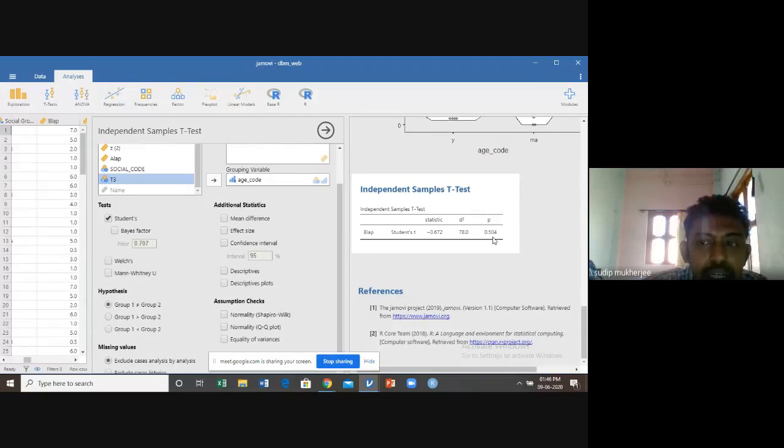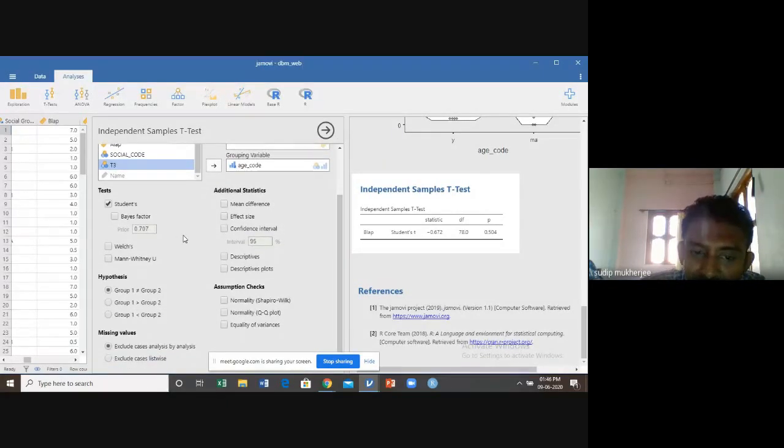If the p-value is greater than 0.05, we accept the null hypothesis, meaning the groups are equal. In an independent t-test, the null hypothesis is group 1 equals group 2.